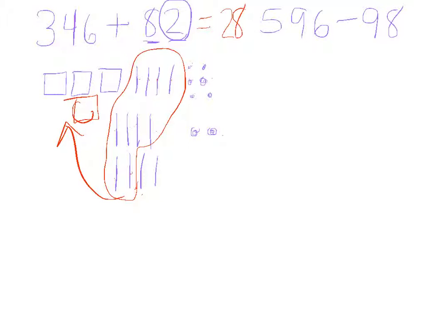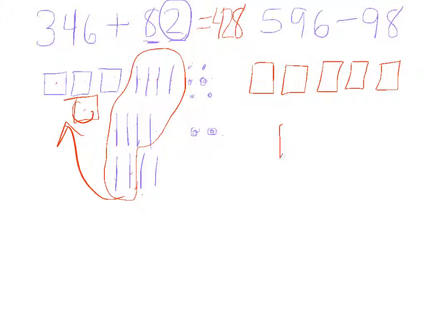Now we can count our hundreds. 100, 200, 300, 400. 428 is our sum. When we use this strategy for subtraction, we again draw our number, 590, and I'm giving myself lots of room here,